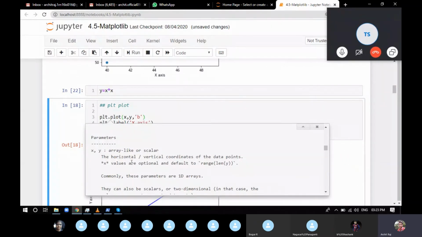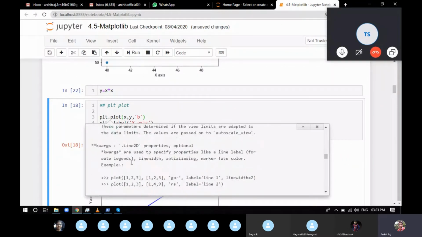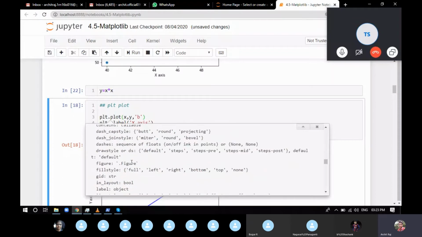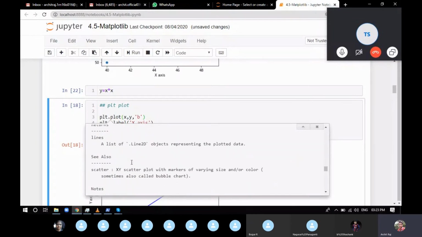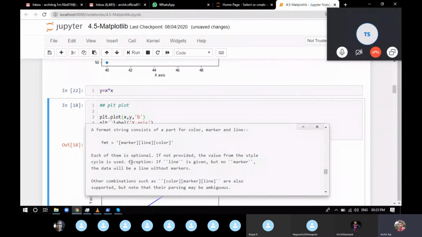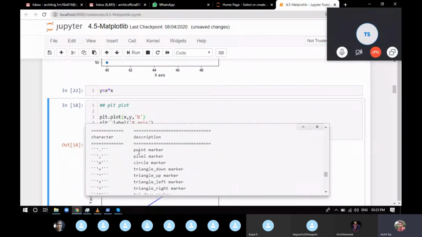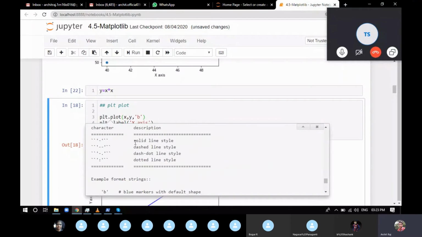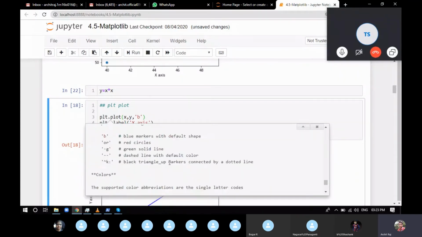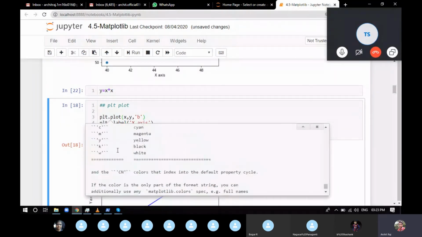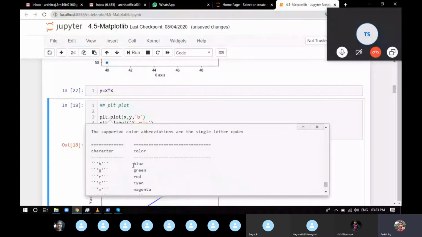Okay, so these are the markers that you can put on. These are the types of lines that you can make. These are the proper colors you can use, like blue markers. These are the colors you can apply: blue, green, red, cyan, magenta, yellow, black, and white. So these are the colors allowed for this particular function. If you try any other color outside of these, it's not going to allow you. So if you feel stuck in any particular function, just go and read this documentation.